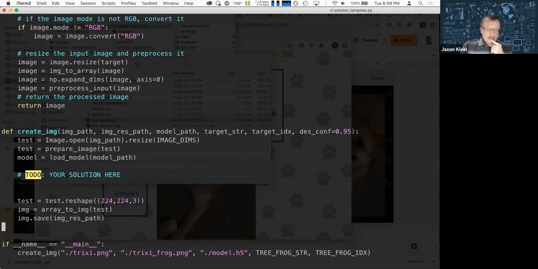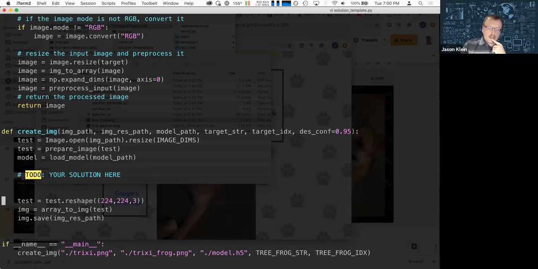And then this is a function that they provided that's just a stub that you're using to create the new image. In this case, you're basically opening your original image and then loading the model, and then you are expected to write a solution.